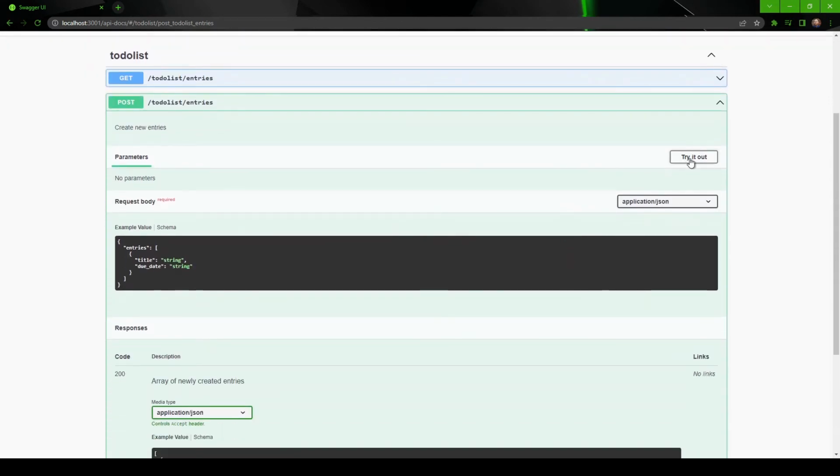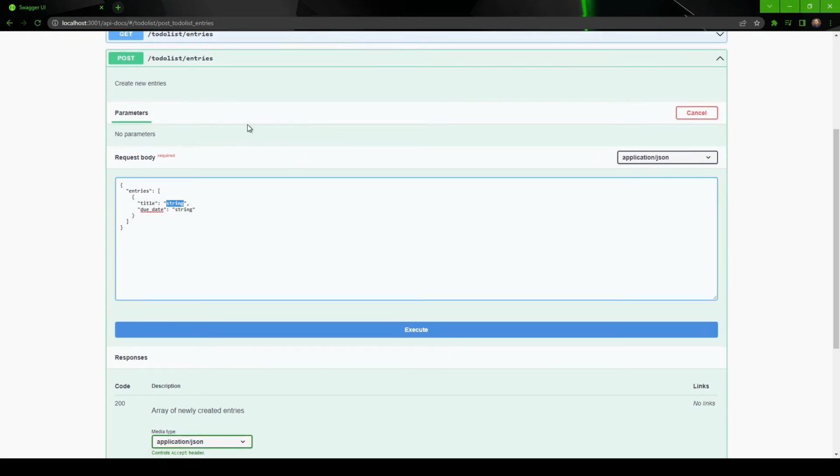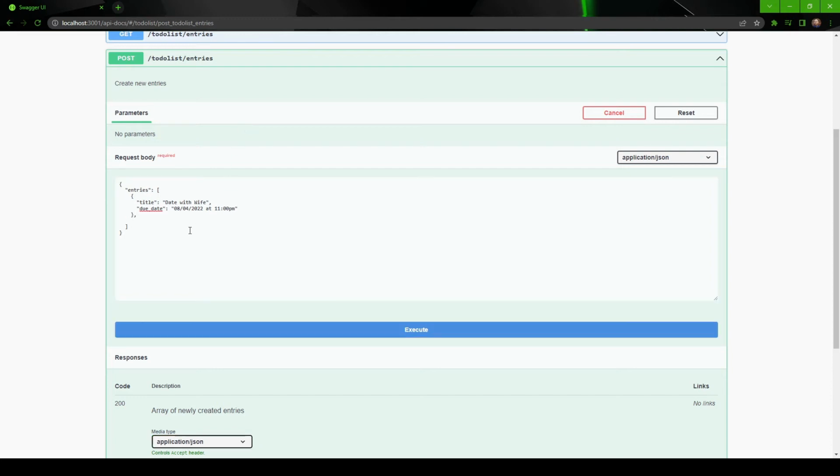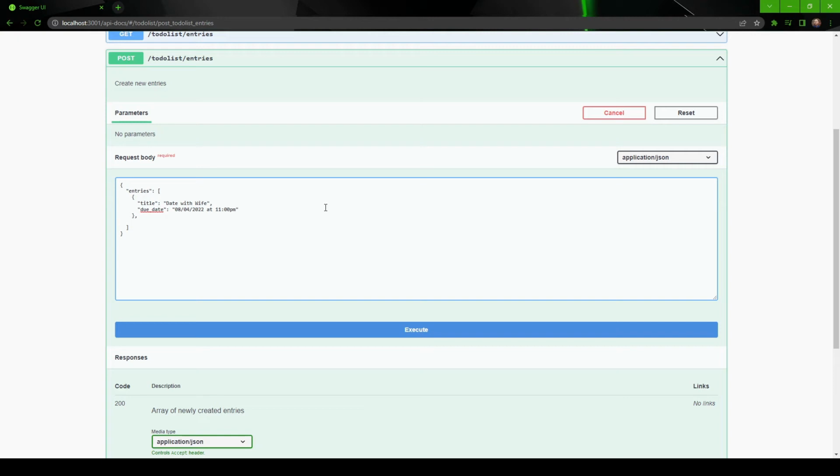So if we come up to try it out, and then we enter some information like date with wife, and I'm going to say that this is on 8/4, so August 4th, 2022 at 11 p.m. Also, note that hitting tab in here doesn't work as expected. It'll actually bring you to the next button or input. So I'm going to add another one,